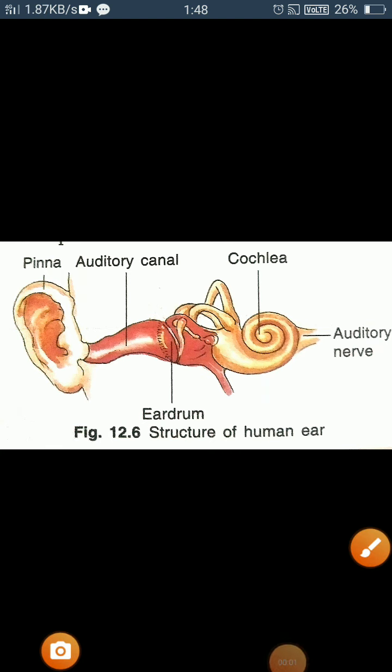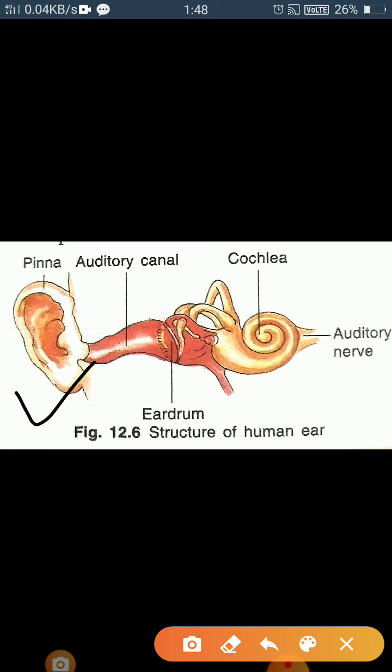Good morning students. Now we discuss the structure of the human ear. The human ear is divided into three main parts. First is the outer ear, which is called the pinna. The outer ear is what you see at the side of your face. The main function of the outer ear is to collect sound, and it is just like